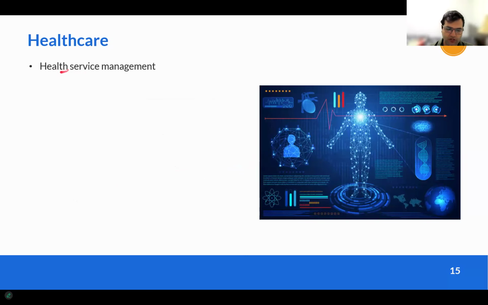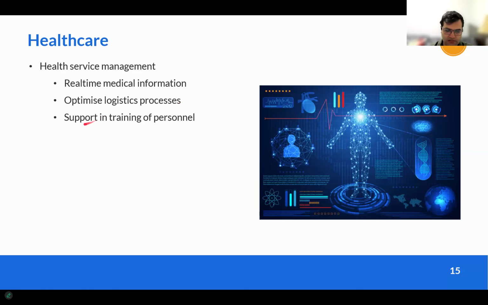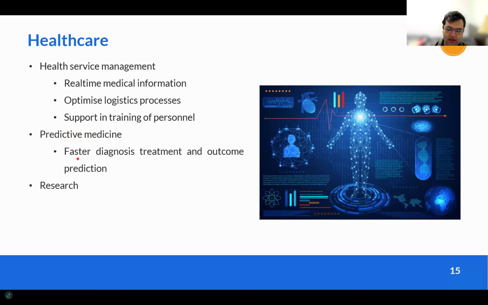Very important use for AI, okay? Gives you medical information, logistics, support and training of personnel. Well, I wouldn't really trust AI, at least at this stage, to train people, but yes, that's a future use of it, okay? Predictive medicine. With AI, you can have,